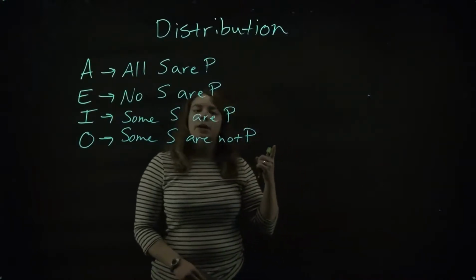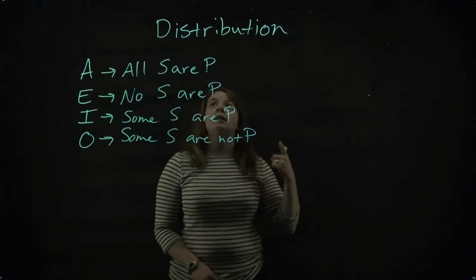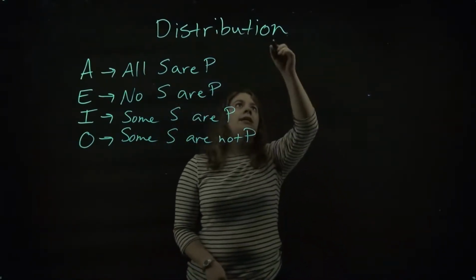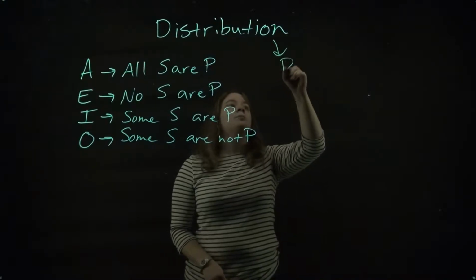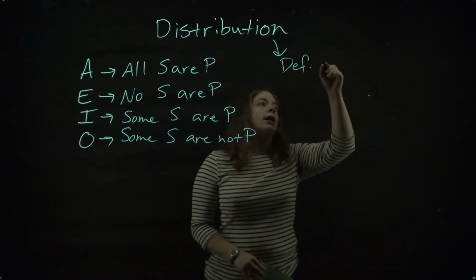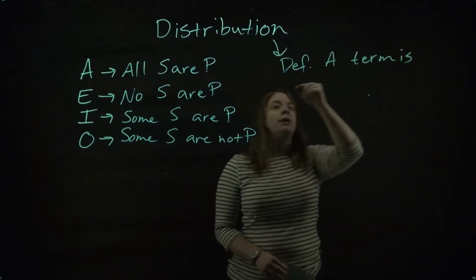We need to make one final point about the nature of categorical propositions. And this refers to what we call distribution. Now, by definition, distribution just simply refers to the claim that a term is distributed